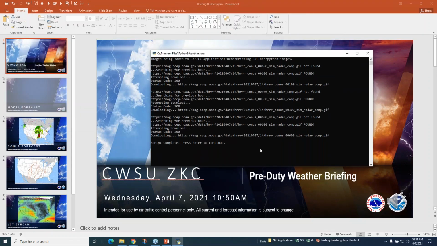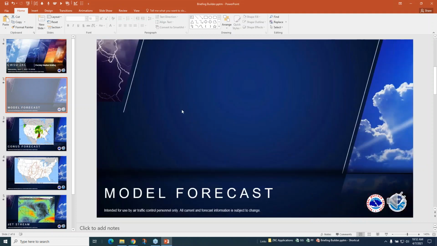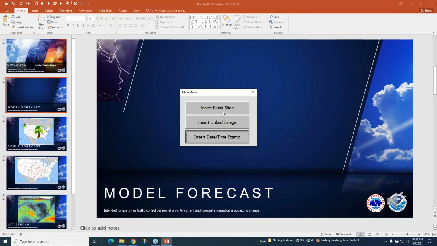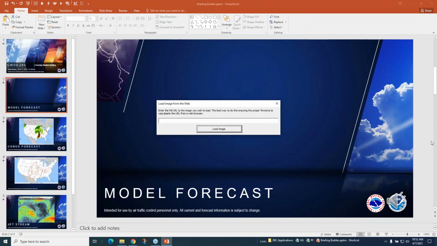And you'll see what this did is it basically went to the NCEP website, looked for the latest model run of the HRRR. So it looked at the current model run, said, oh, that's not it. Went to the next one, found a current run at 14 Zulu, and downloaded and saved those. So the reason why this can be quite useful is, let me unhide this model forecast slide. We're going to go ahead and add a new slide, just like we did before, from the web. And we find my URLs that I saved. Here we go.